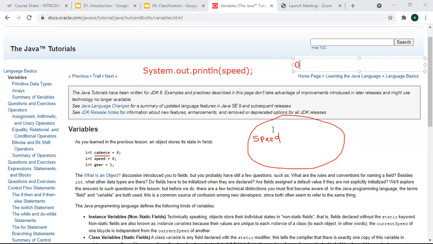So here a variable is a container which is used to store the data. What is a variable? A variable is a container which is used to store the data. Here there are variables of different types. Now you might ask me what this int is. Int is an integer, telling you that a numeric type of value is held by this variable speed. Integer means without decimal.